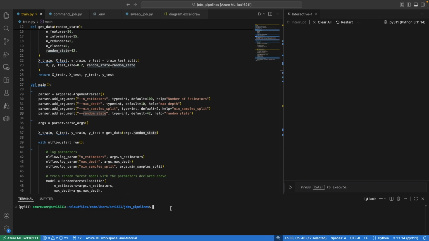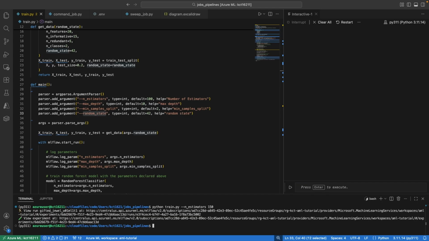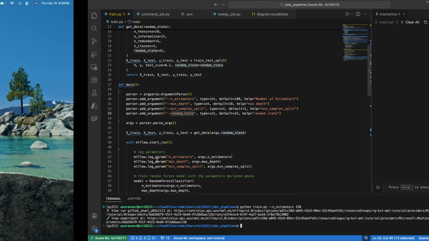Okay, so in order to run this particular Python script, what you can do is just say python train.py, and then let's use 150 as the number of estimators, and then let's trigger a run. Okay, it takes a minute or two for the run to finish. Finished running. So let's go to the Azure ML workspace,